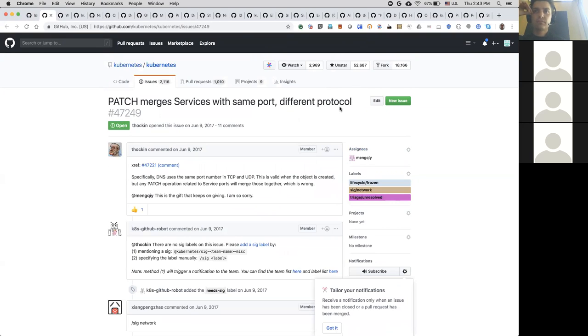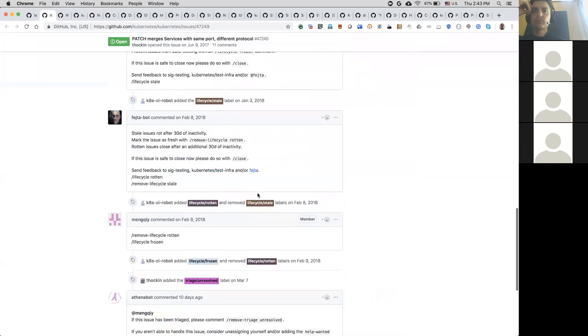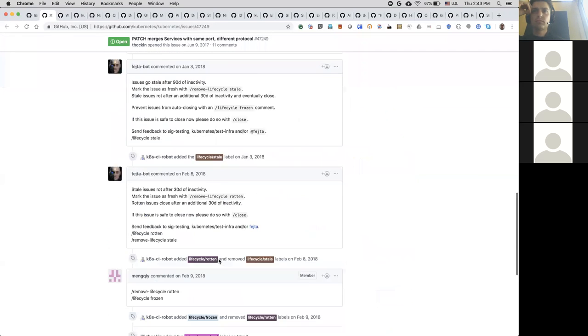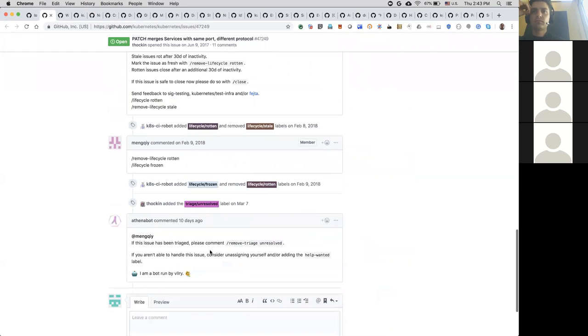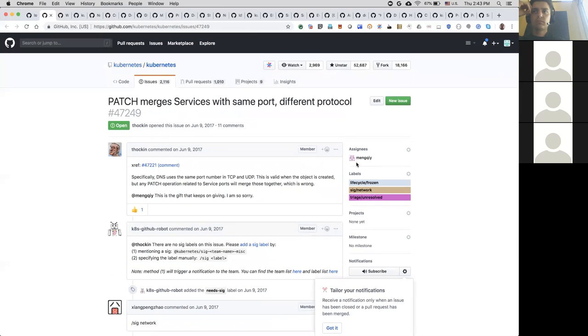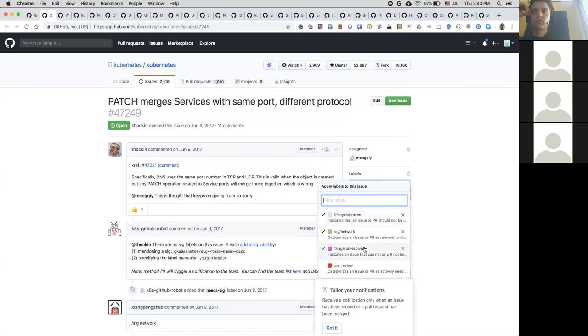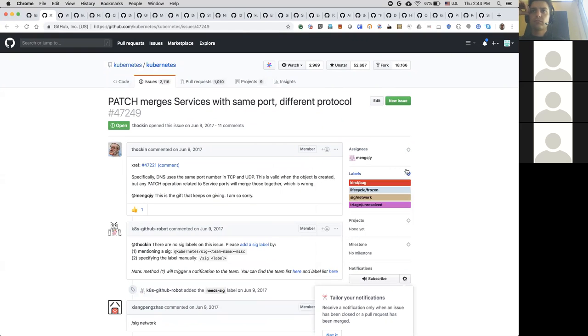Import different protocol. Oh, I see. That's because the fields use the service port as key. It looks like an API machinery bug. Is it a defined bug? You need a joint key, the service and the port and the protocol. Okay, it is trashed, then it's a bug. Yeah, it's almost like a feature request because it technically works as advertised, but we can leave it as bug.